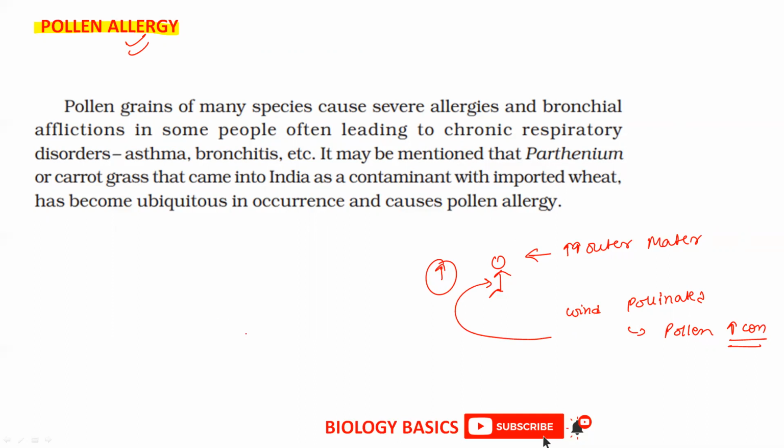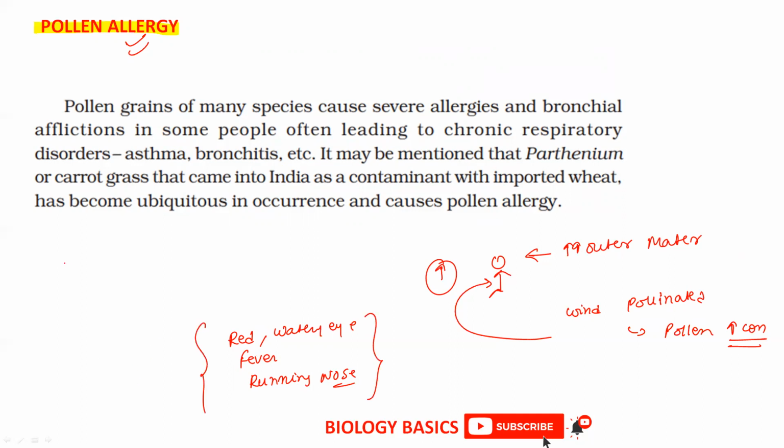So because of this, there may be watery eyes, a running nose, or some kind of allergy. So you can simply write that red eye or watery eyes can be seen, right? As well as fever can also be seen in some persons. So fever, running nose, and all. Running nose is basically a symptom or side effect of the allergy. Okay, so why is this happening? Because this is an outer particle and it is going inside your body. It is what? Eliciting an immune response, and because of this, you are getting these things.